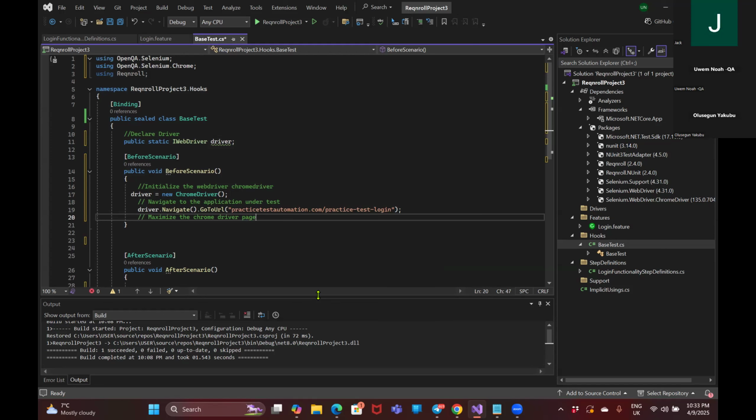Okay, maximize the Chrome driver page. Click enter so that we write the syntax or the line of code. So what's the line of code there? To maximize, you type driver dot